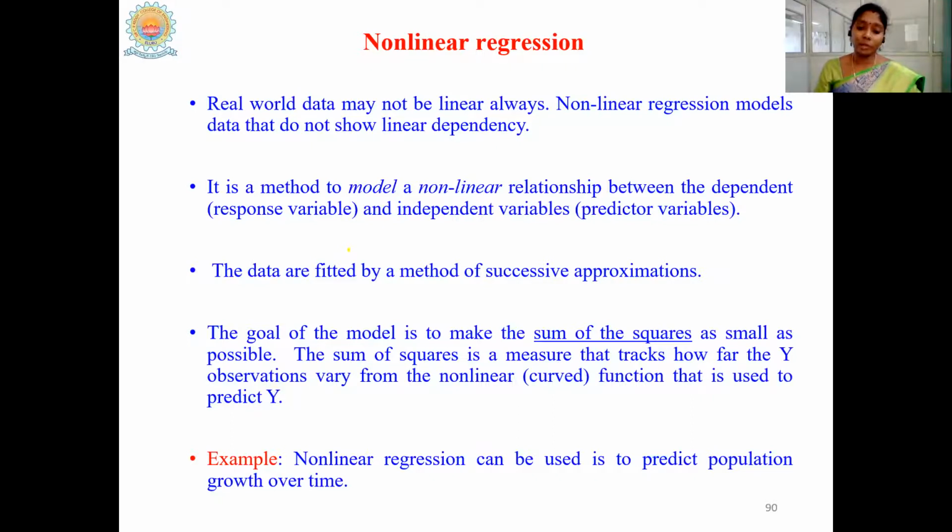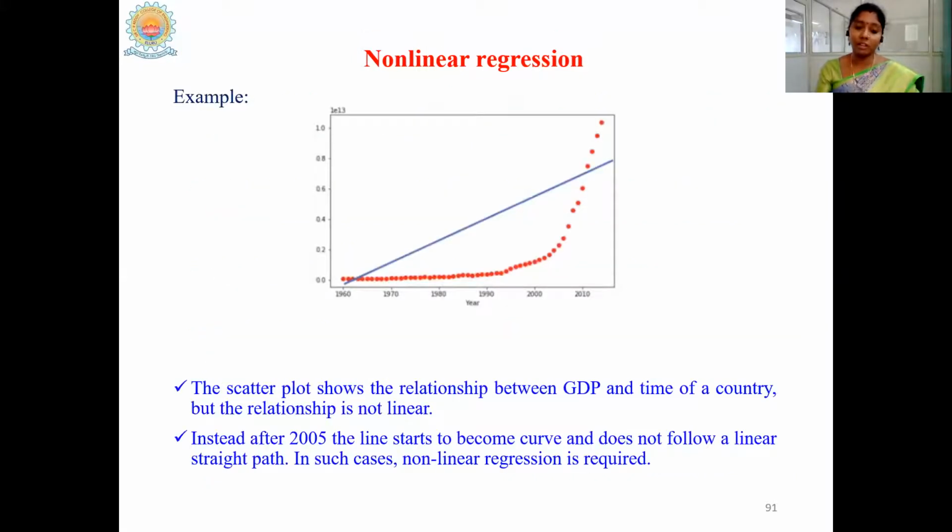A best example of nonlinear regression is predicting population growth over time. If you see the population, we can't say that as the year increases, the population also necessarily increases. We can't say that exactly, because due to COVID in 2019, our population graph may have slowed down slightly. We don't know that, right? So there exists some nonlinear relation between the population and time. In such a case, that can be modeled with a nonlinear regression model.